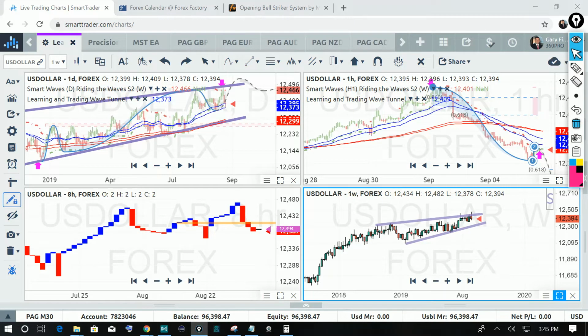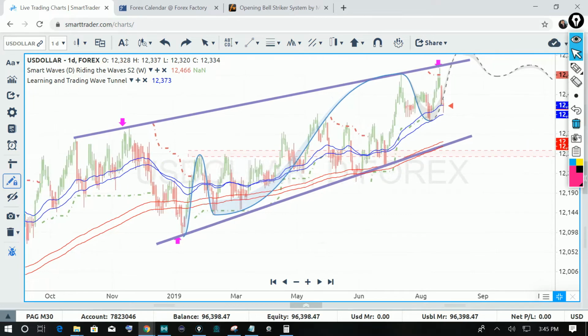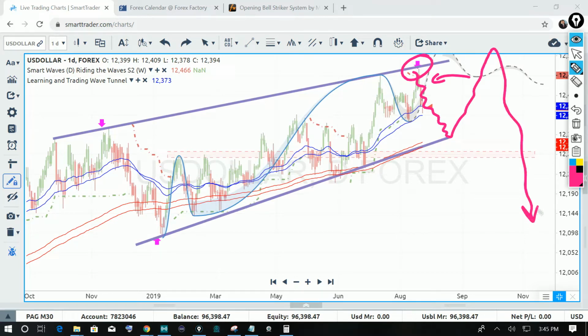On a daily time frame, as I open up the daily time frame right here, I'm seeing the same sort of look that I saw on the weekly. The only difference here is we're getting a better confirmation that the market's definitely hit at the top here, and we're looking for price to go ahead and fall, and then maybe a rally up to the upside before we see a dip back down south. So I'm seeing the same sort of pattern here on the daily time frame, which pretty much excites me, because when the markets are very predictable, and when I say predictable, what I mean is when the markets are setting up very nice tops and bottoms based on support and resistance, it's almost very easy to predict what the market's going to do.